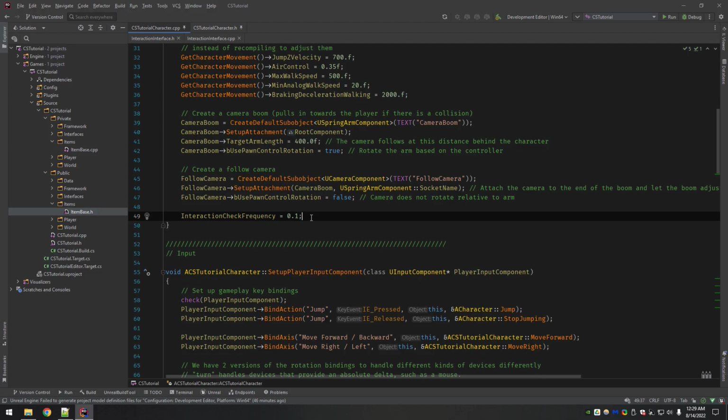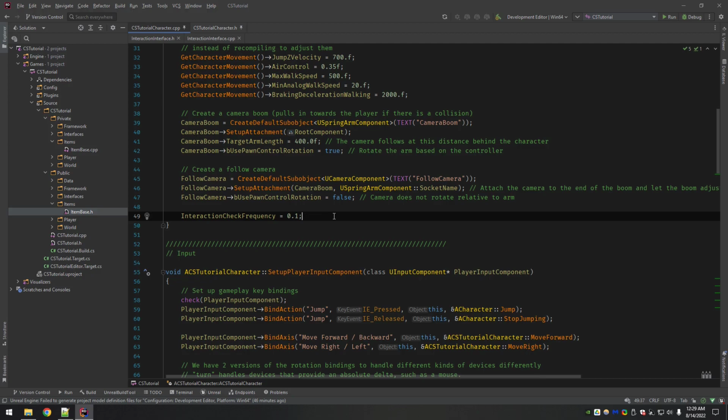Just keep in mind that I believe 16 milliseconds is one frame. That's how fast tick is running. You don't need to be setting it lower than that. It really won't have any point. I believe I read that with something below that, it'll just ignore it and you'll still get it once a frame.